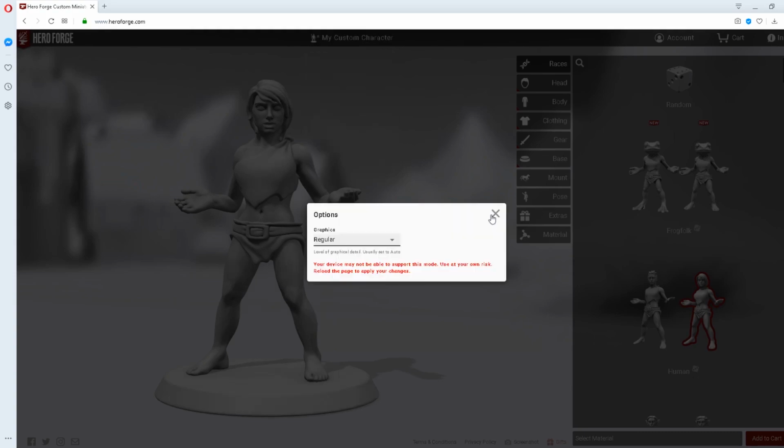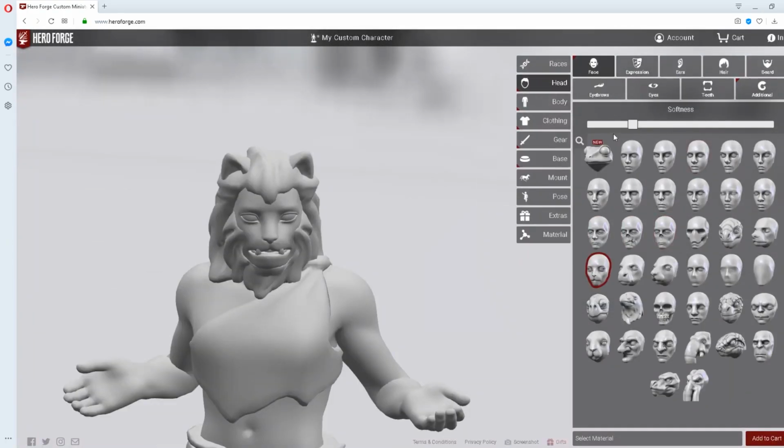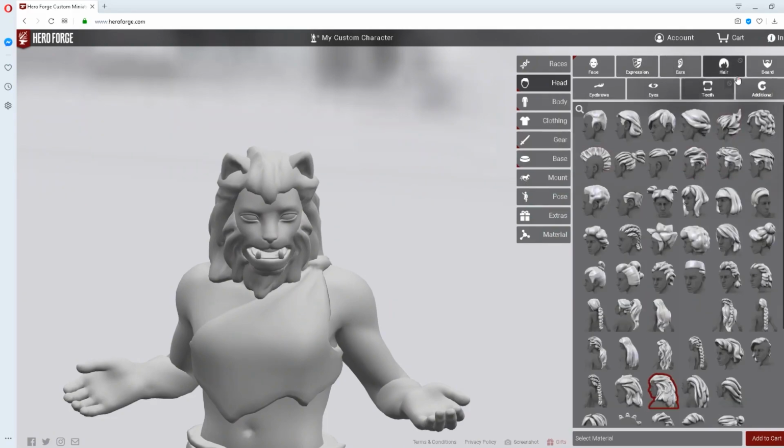So first thing, when you go to HeroForge.com, you don't even have to create an account. You can just do this as a guest. But I recommend going to the top right corner, selecting options, and turning the graphic setting down to low or auto. That's going to just make the site render and perform a little bit more quickly, at least when you're